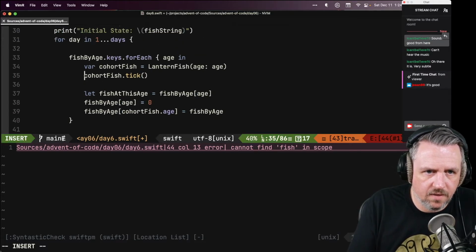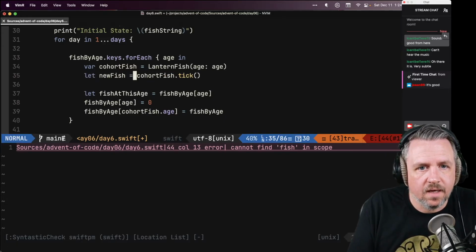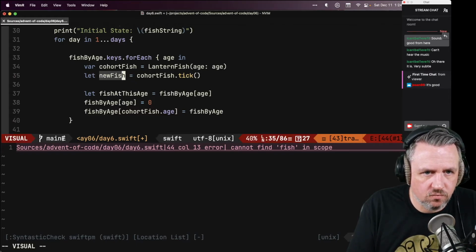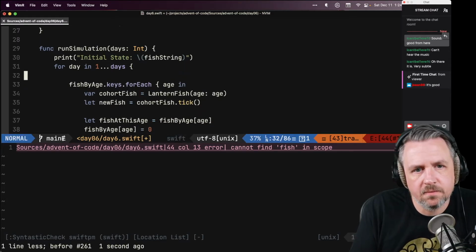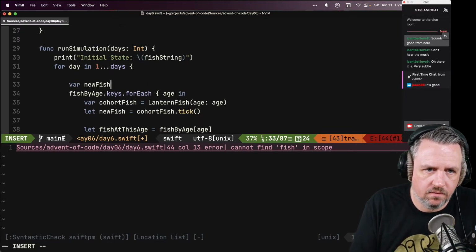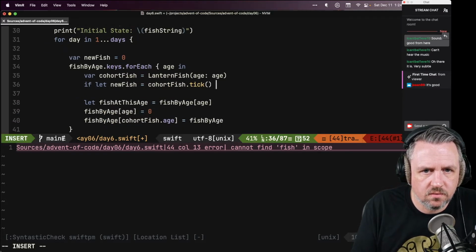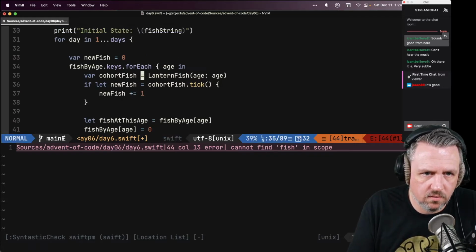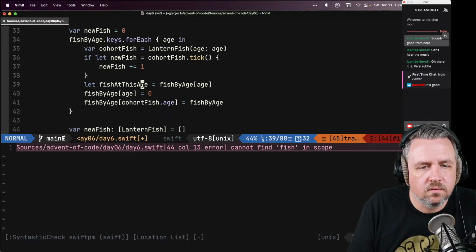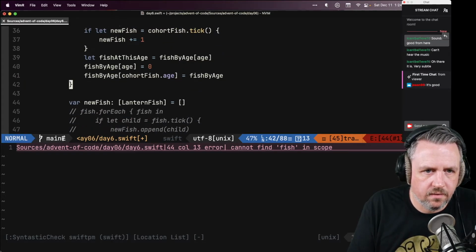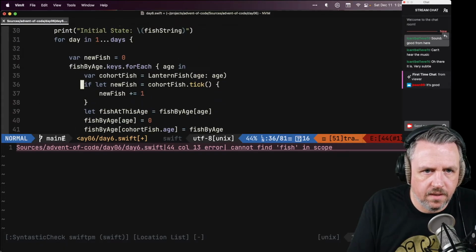Now the thing that we have at this point is a new fish. And so we need to know how many new fish were created this step. And that can just be a simple count. If there's a new fish, then new fish plus equals 1. Okay, and then at the very end of this, now we can say that